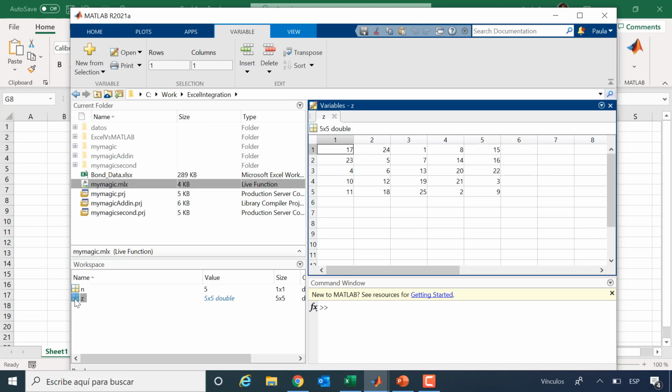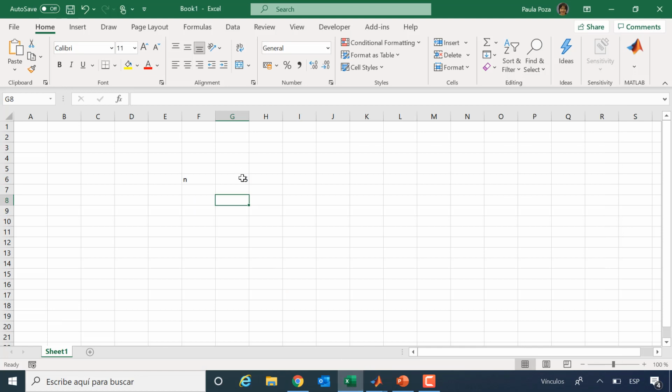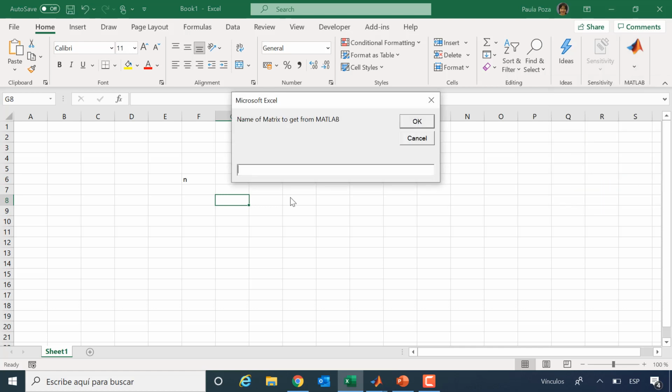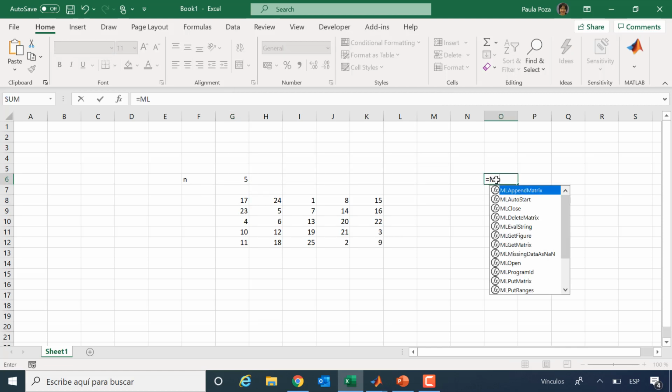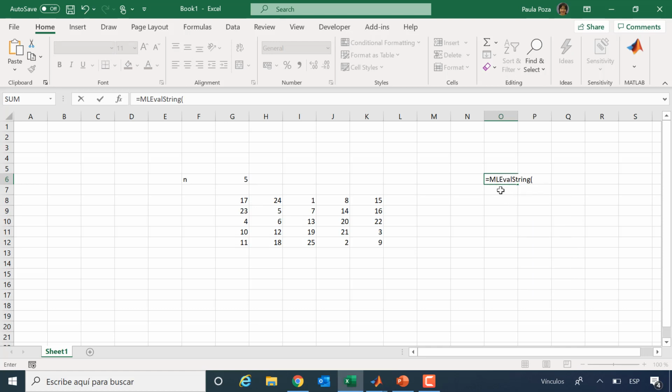This is the output. And step number 3 is I want to pick up this output back in Excel. So I position myself where I want to have the output, let's say here, and say get data from MATLAB, and specify set, which is the variable with the output. And off you go. So this has been very manual. I could do it semi-manual with the following instruction. I could say MATLAB eval string, and here I say my data.